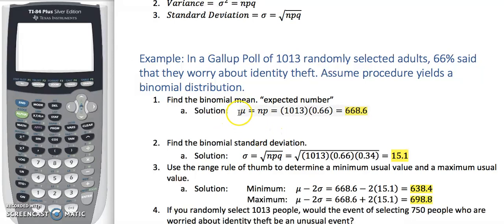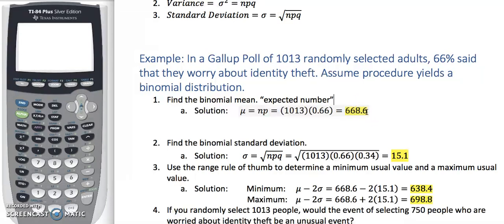So to calculate that, mu is equal to n times p. Well, n here, we have a sample of 1,013 adults, so n is 1,013, and we multiply that times our probability of success. In this case, that's 66%, which as a decimal is 0.66. We multiply those together, and we get